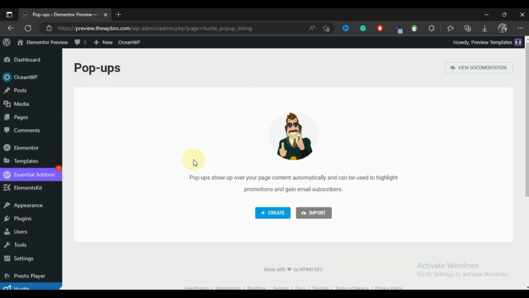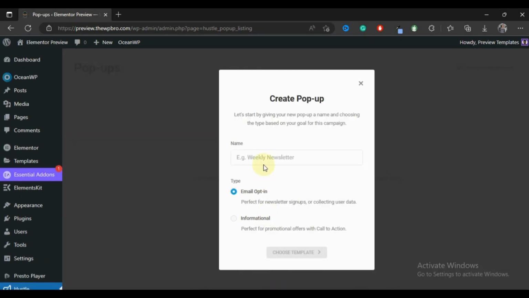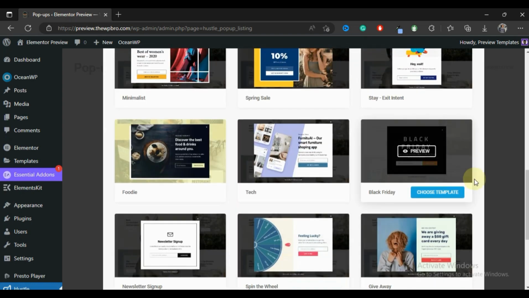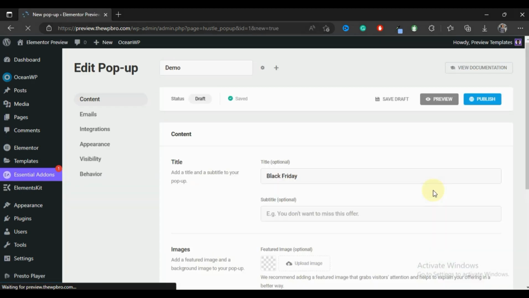So let's go ahead and create a new pop-up just for demo purposes. I'm going to call it demo, and we're going to use email opt-in. I'm going to choose the templates, and we're going to go with a template right here. Let's just go with this Black Friday template. It doesn't really matter, we're not going to be customizing the template here. So what we just need to do is come down to behavior,